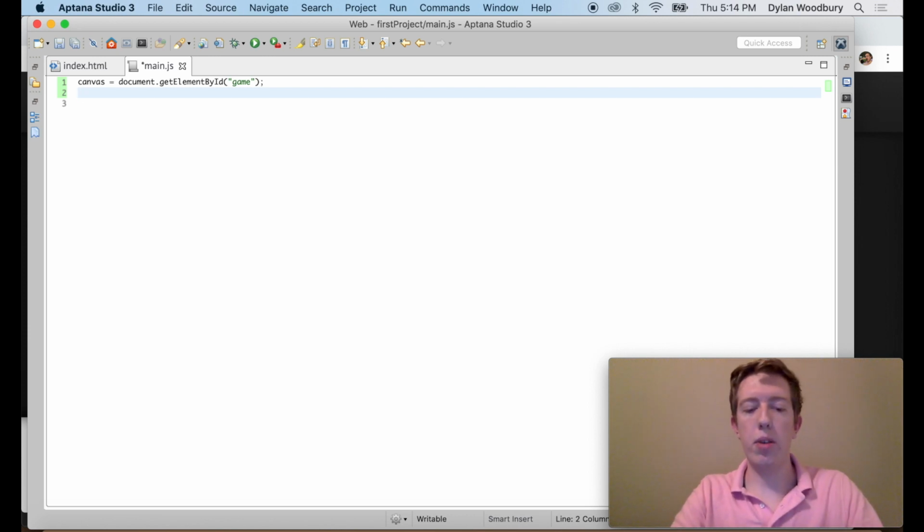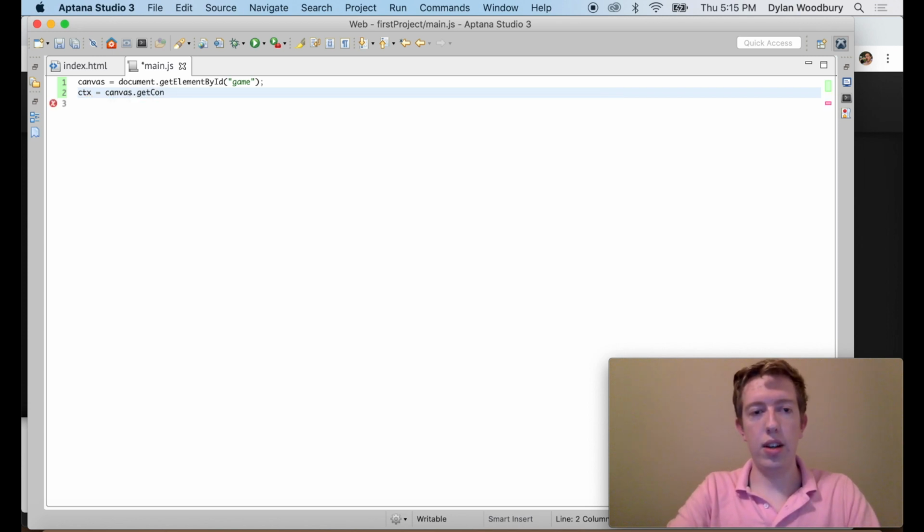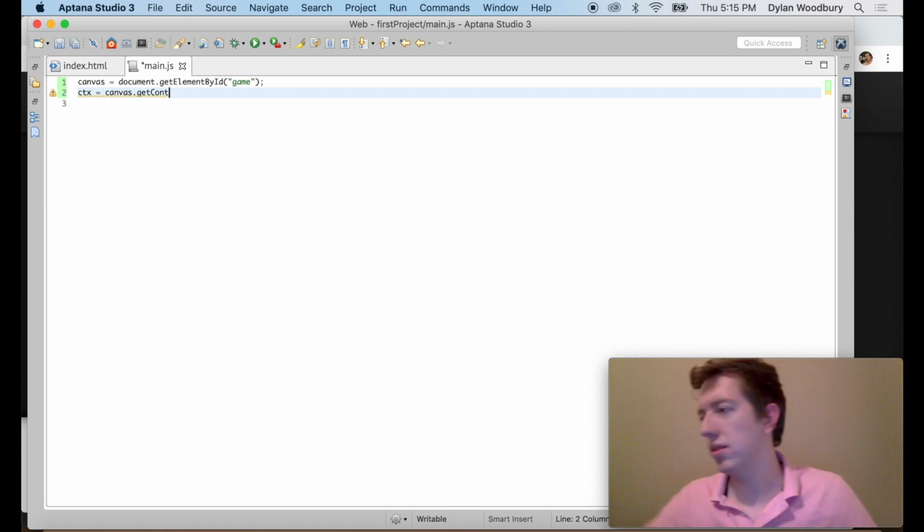So we usually name our context variable ctx, which is short for context, and then hit equals, and then write canvas, which is referring to the canvas element we just made. Hit dot, and then get context,